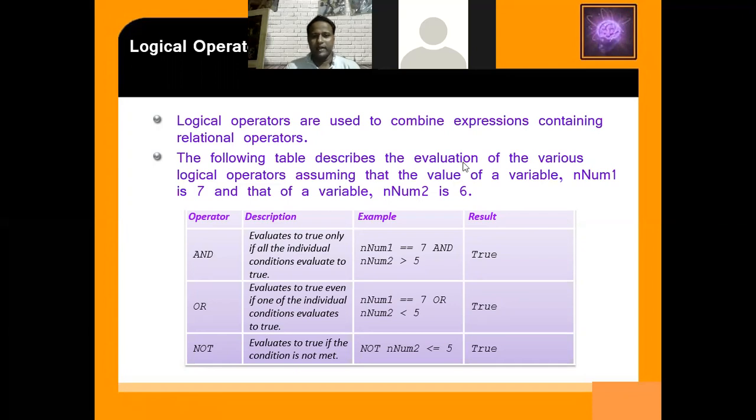Yes. And in num2, what value is stored? 6. Is 6 greater than 5? Yes. So here it is true, here also it is true. True and true, it returns true.